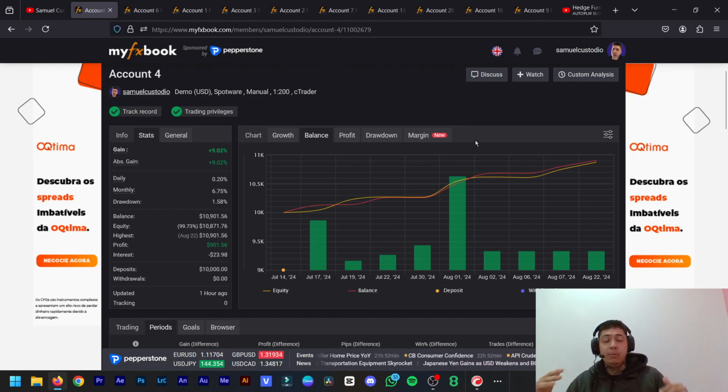So a little bit of not using stop loss, a little bit of using stop loss, and not just that, but also using other markets as well. We can use Forex, we can use the stock market, because like I said, the stock market generates cash flow. So it's way better to have most of your net worth in there, investing in blue chips, not penny stocks, for example, because you know you're going to have dividends, cash flow over time, and less volatility. Then use a little bit on Forex as well, a little bit on crypto,